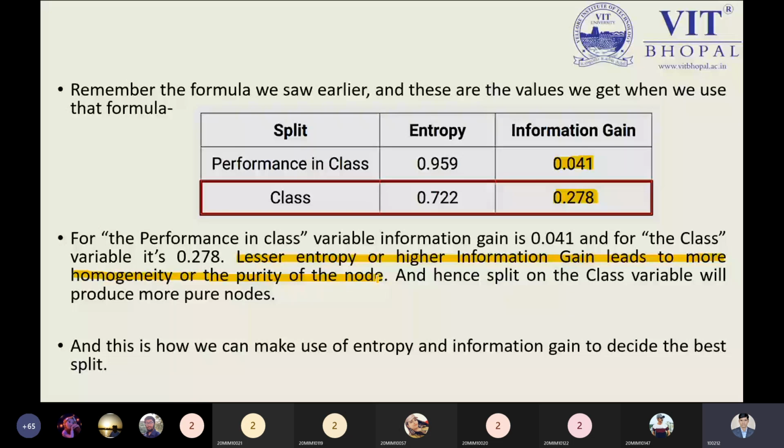So which feature are we choosing? Class. Splitting can be done by these two features, performance in the class and class standard. So the class standard would be our feature to split our data. That is our step. Now, is this calculation, everything, clear to all right now? Yes, sir. And this kind of problem may be asked in the examination. You have to understand the question and solve the problem.